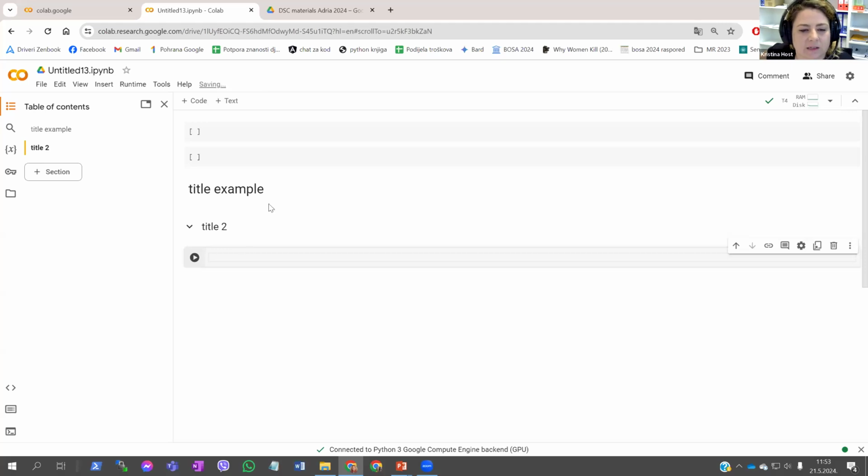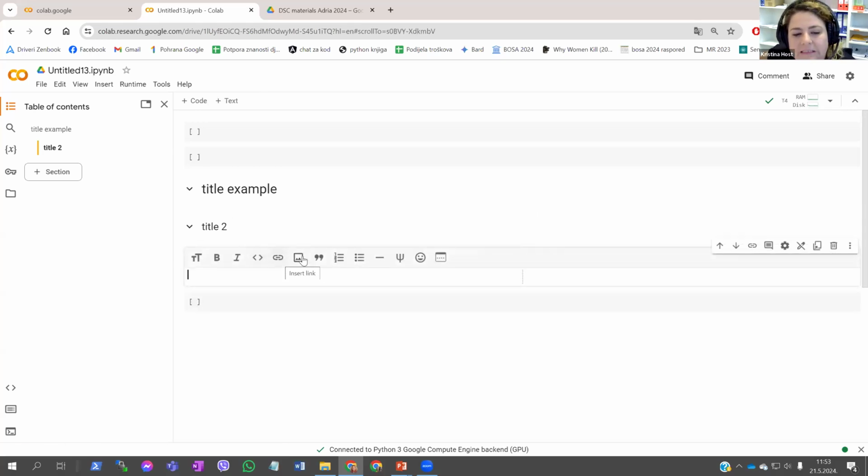So this is how you add some text. You can also add links and pictures. You can manage how the text looks. It's really interactive and you can use it. Okay, so this is how to create a new notebook, but today we will use the notebook I prepared